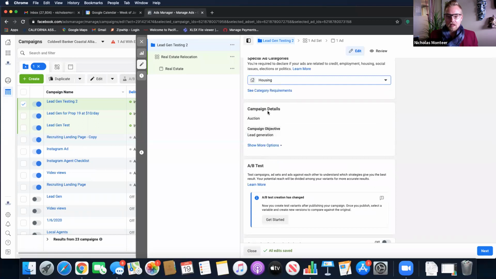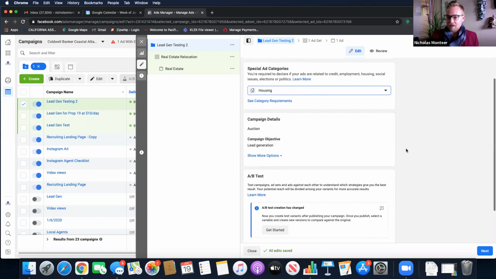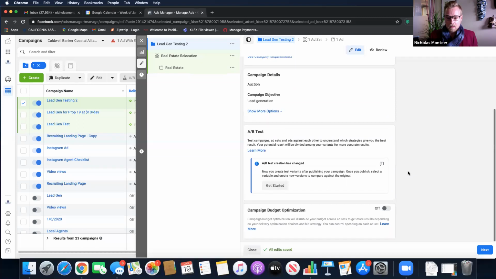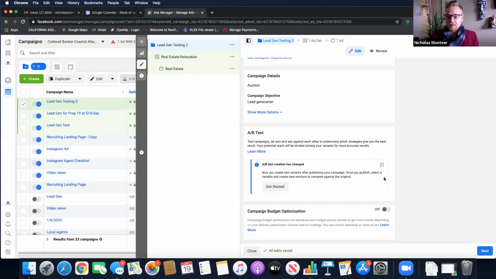You don't have a lot of control over the campaign details. Basically, it's in an auction status. What that means is that you are competing against other people on Facebook for this category, okay? So you don't have a lot of control over auction style or any of the other styles out there. And obviously our objective with this is lead gen. So don't pay too much attention to this. This is just stating that you're paying in competition with other people on the open market for Facebook ads in this category, okay? The next option down here is A/B testing.